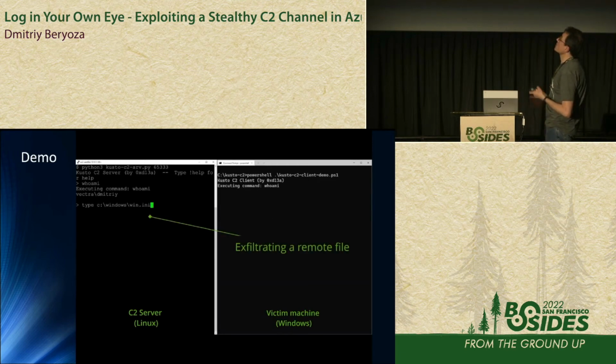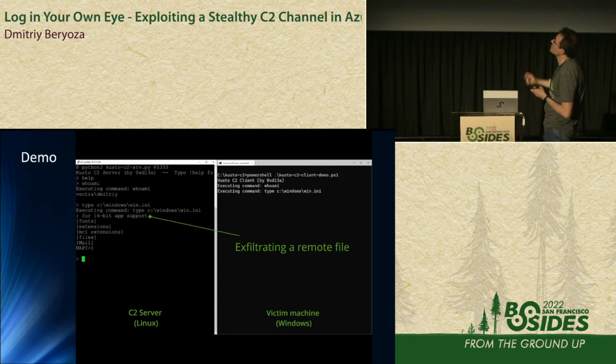Then we'll try to exfiltrate a file. On Windows, there's a small text file that's on every Windows machine. It's very easy to find, and it's very small, so it's good for testing. You could either use the type command to dump its contents, or I implemented an upload command to actually steal binary files from the client if necessary. You have to be mindful of how long that takes because of the 2000 byte limitation in the URI. You'll need many, many requests to transfer a large file.